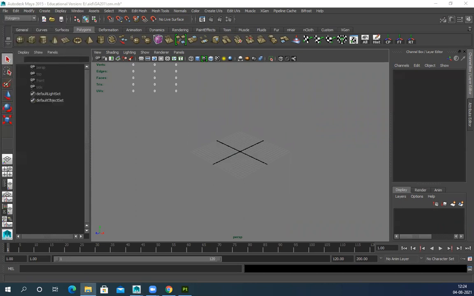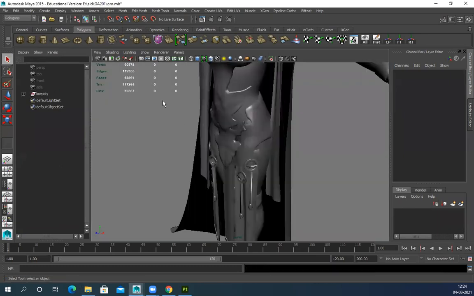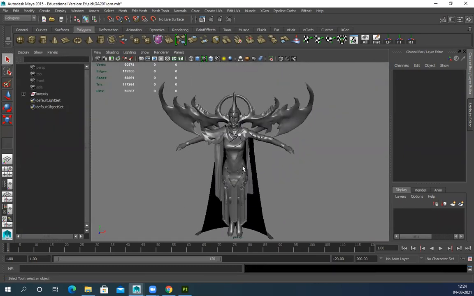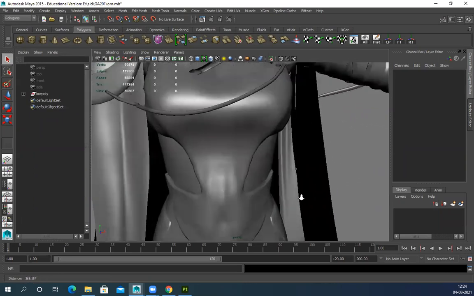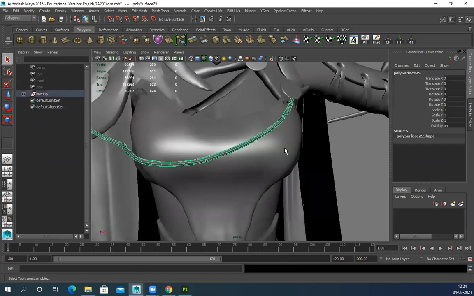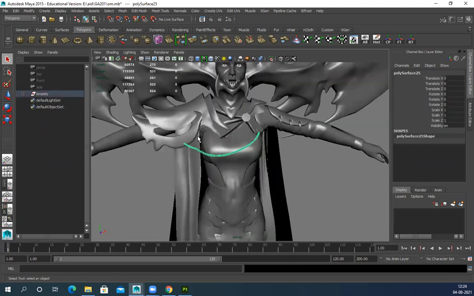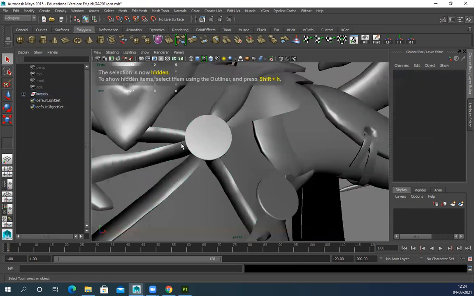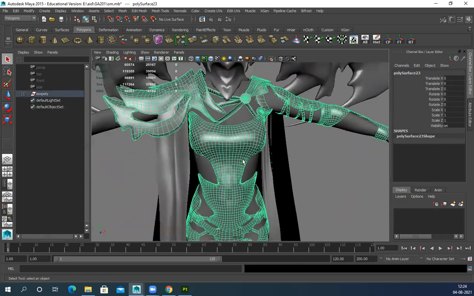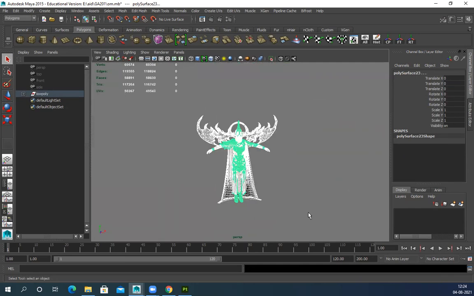Okay, I guess I need to import it. So here is my low poly model, complete low poly model. Now I just have to make sure, for those unwrapped things, I can hide them from here also, whatever I haven't unwrapped. The rest is everything combined.